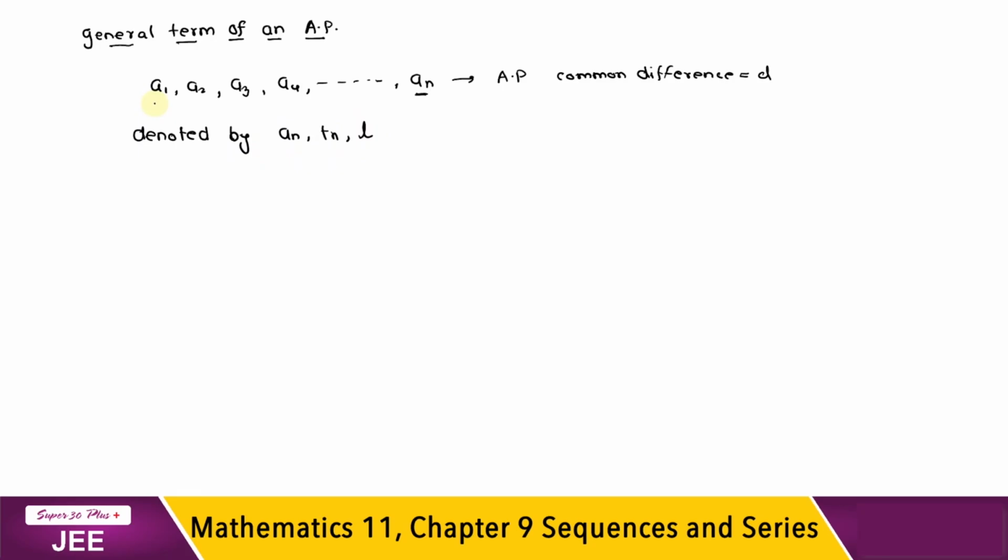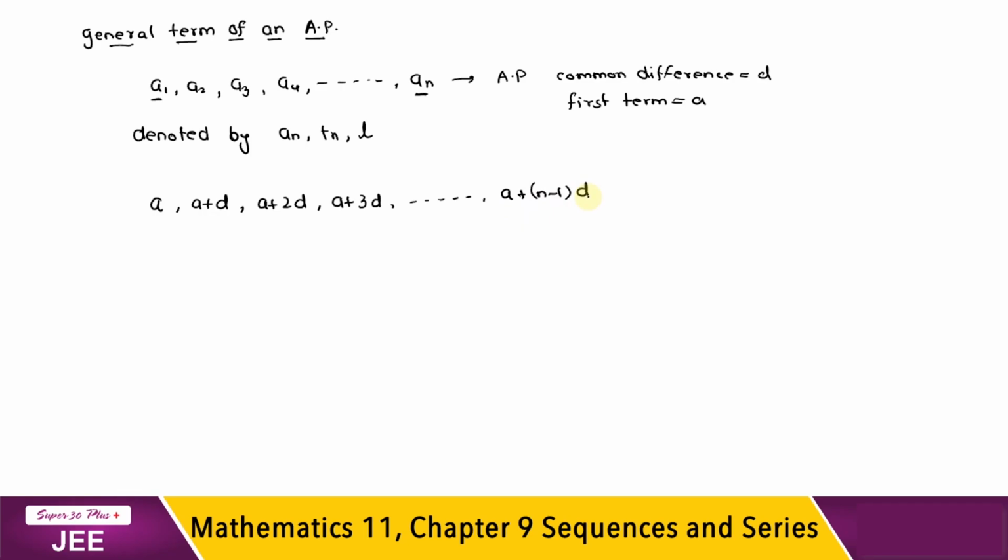So the first term of this AP is going to be A. The second term of this AP is going to be A plus D, because the common difference is D. I am considering the first term equal to A. So the third term becomes what? A plus 2D. Fourth term becomes A plus 3D. Alright, so similarly the nth term becomes A plus n minus 1 into